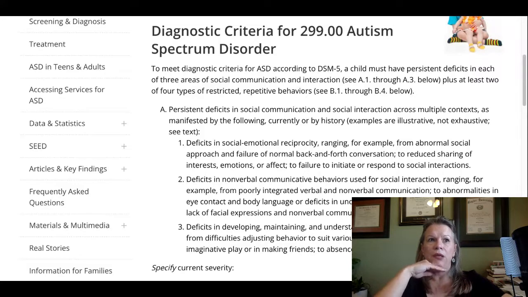Communication is always delayed with children who have ASD. It's part of the red flags for autism that we use in early intervention when we are concerned. Anytime we have children come into us who are delayed in their communication, even though in the early intervention world, we know that specific language impairment is the most common developmental disorder or developmental delay.